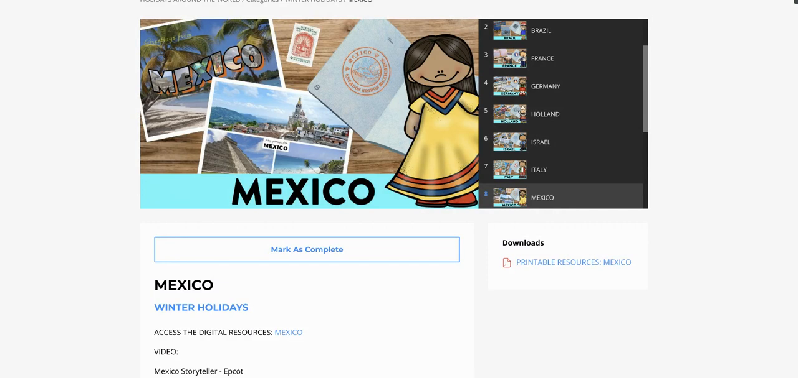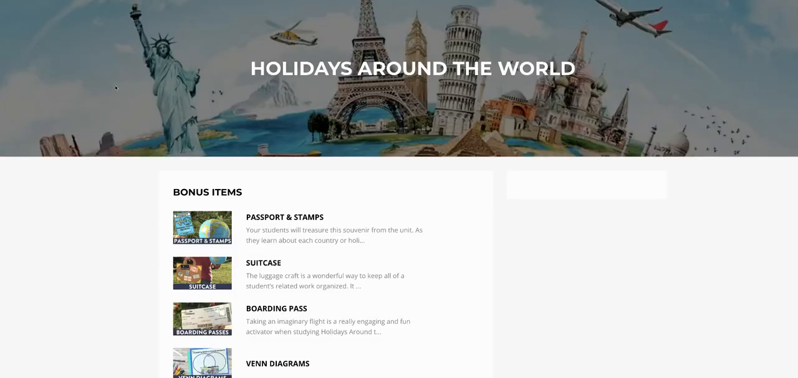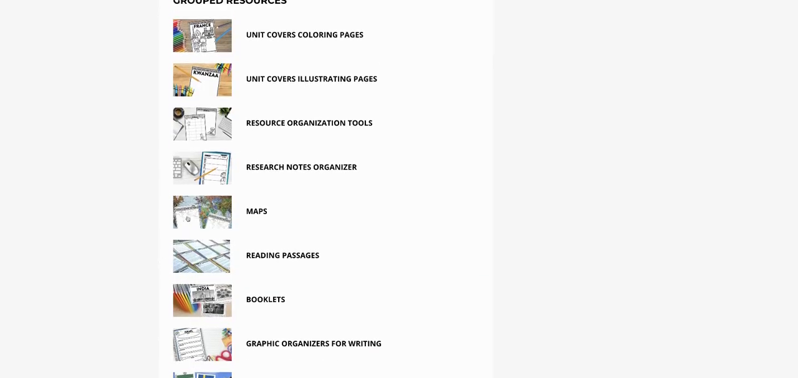Okay, so if you did not want to just do a specific country, but instead maybe wanted to select a specific resource, such as the scrapbook or the writing travel journals, and have your students complete several different countries, what I did to make it easier for you was I have this section down below called grouped resources. And inside that section, it has all of those components that you'll find inside each of the countries' PDFs grouped together. So for example, this would be the unit covers, which you can use as coloring pages or covers for